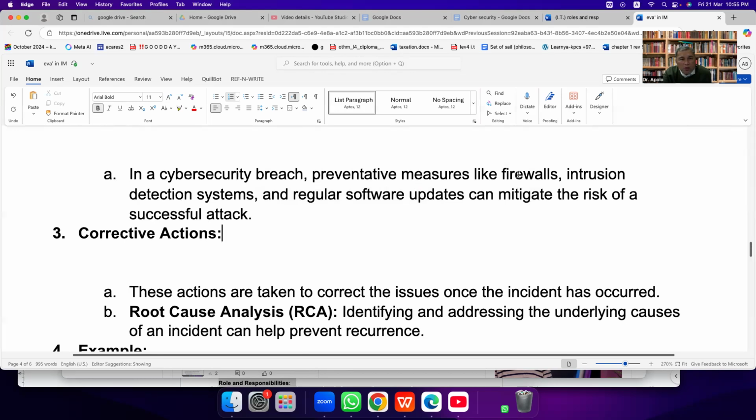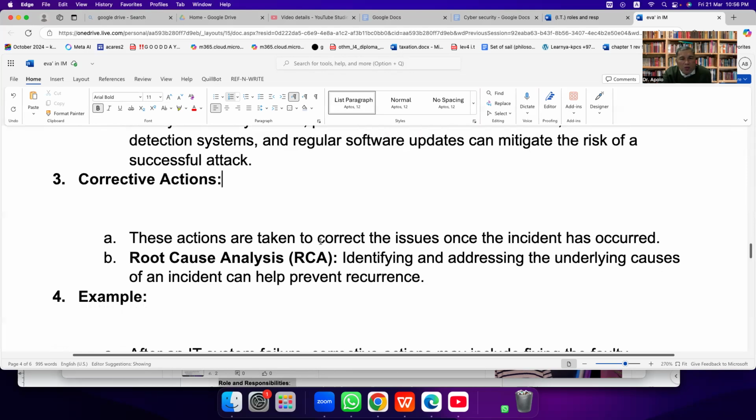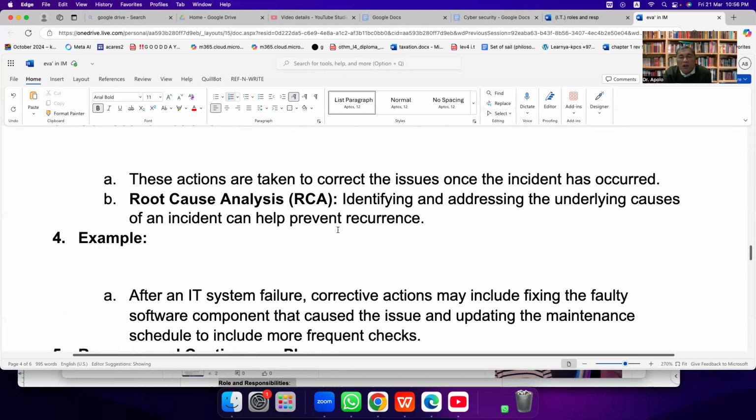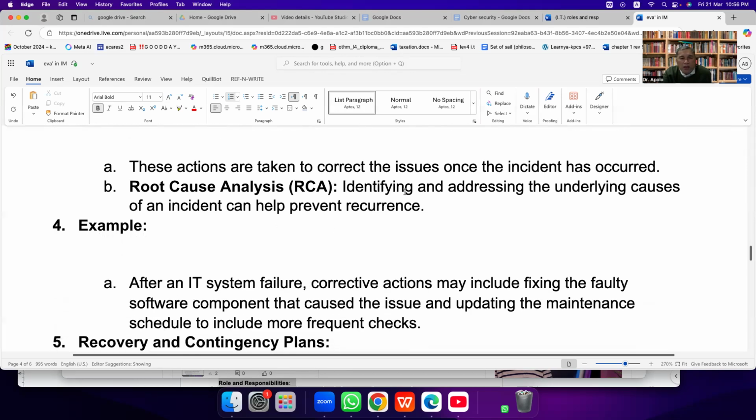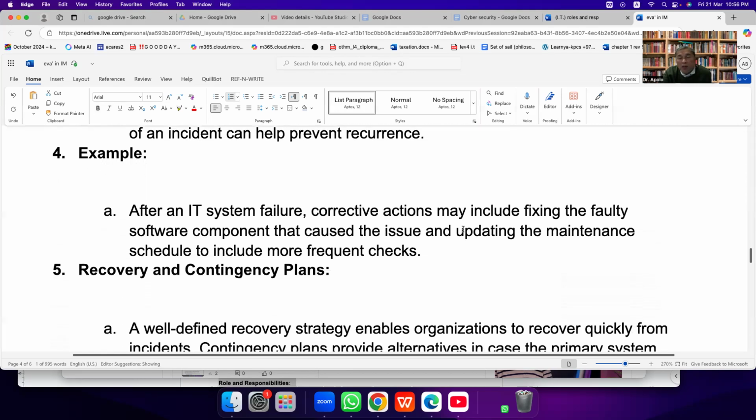Then the corrective actions. These actions are taken to correct the issue once the incident occurs. We have root cause analysis: identifying, analyzing, and addressing the underlying causes of an incident can help prevent recurrence. Because history repeats itself. It will repeat again if they are not fixed. Example, after an IT system failure, corrective action may include fixing the faulty software components